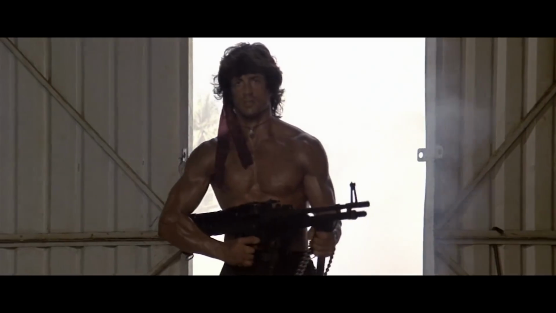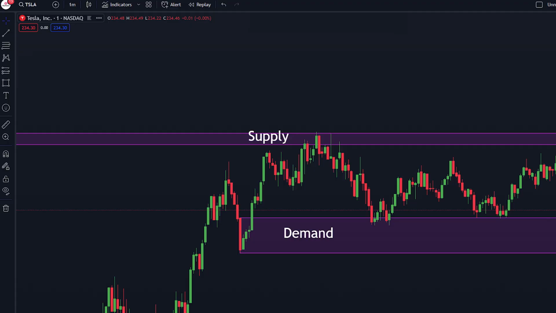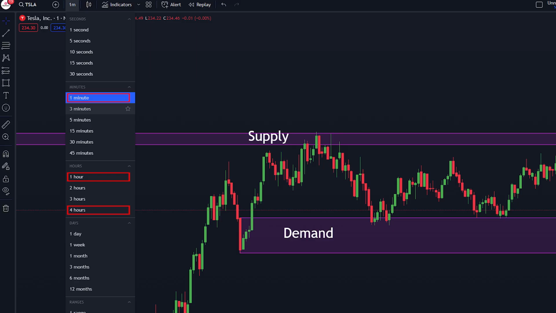Zones drawn on higher time frames, such as the 1 hour and 4 hour, tend to be stronger, so it's important to have supply and demand zones on multiple time frames so you don't miss any important market levels and